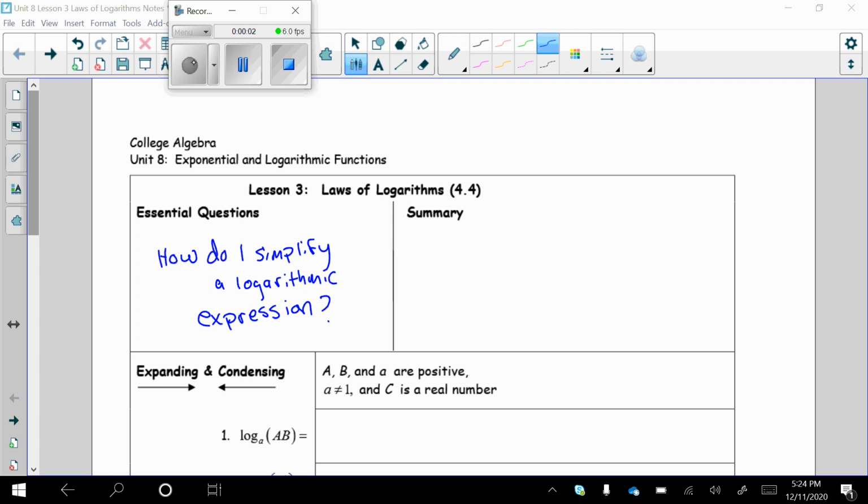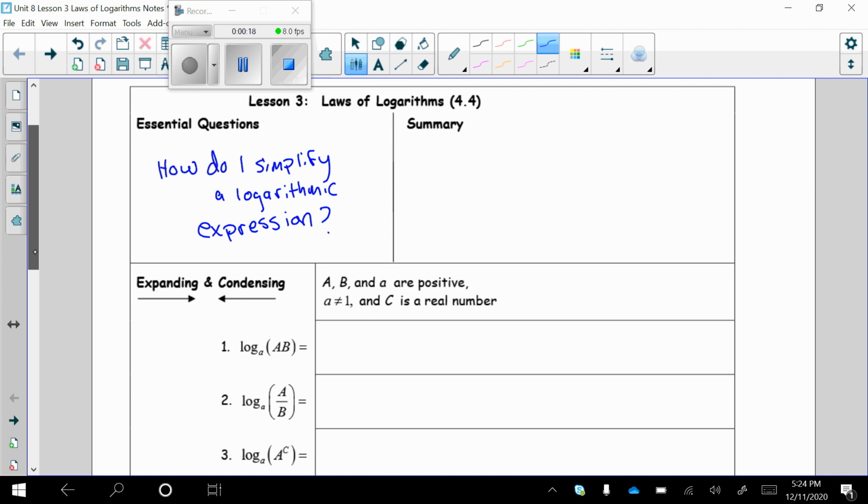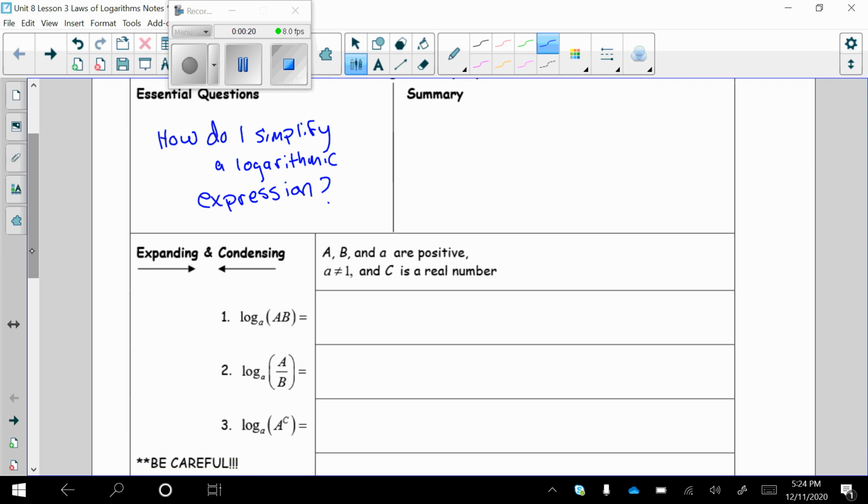Hey guys, so we're going to go into Unit 8, Lesson 3 and look at the laws of logarithms and how to simplify logarithmic expressions. So this is just expanding further on the properties that we looked at in Lesson 2 and adding some to that. So in Lesson 2, I kept stressing how much